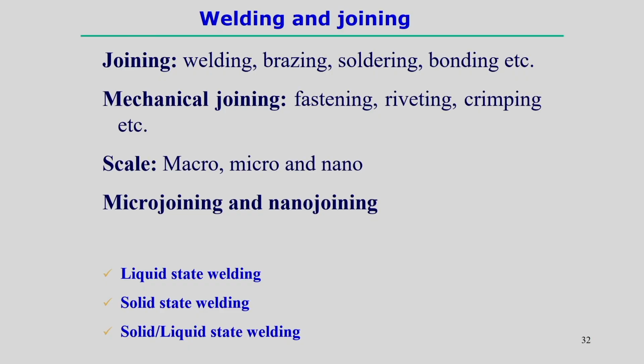Now, mechanical joining processes, fastening, riveting, crimping, etc., are also joining processes, and two components can be joined by some mechanical means, giving a permanent or semi-permanent joint. So, that is not in our scope of discussion in this part, but overall